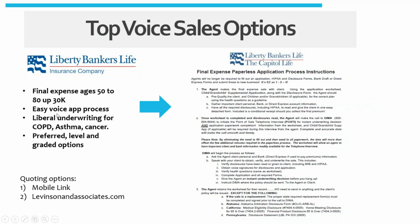Okay, so for Liberty Bankers, the best way to quote this product is through a mobile link that could be downloaded off of our website, or once again, levinsonandassociates.com. This is a primary carrier on our quoting engine. So both options available to quote, and then you just call in to do that voice verified